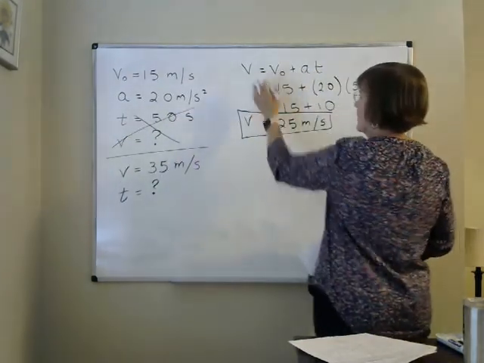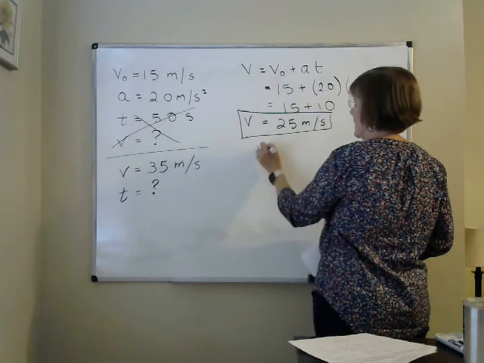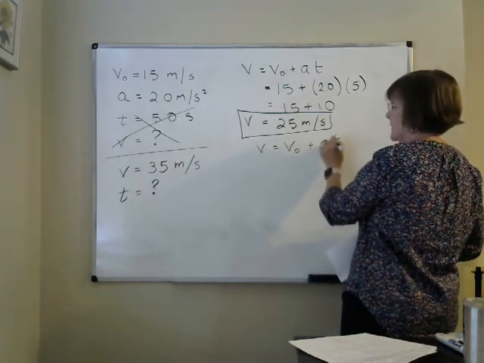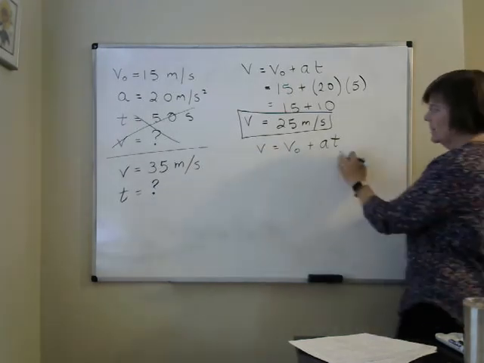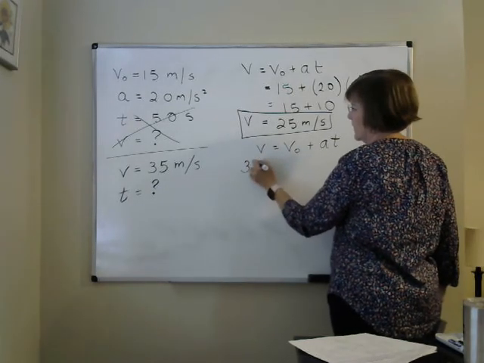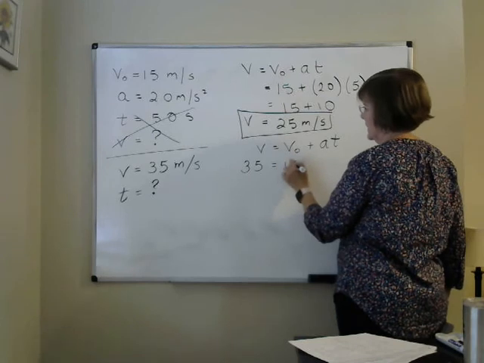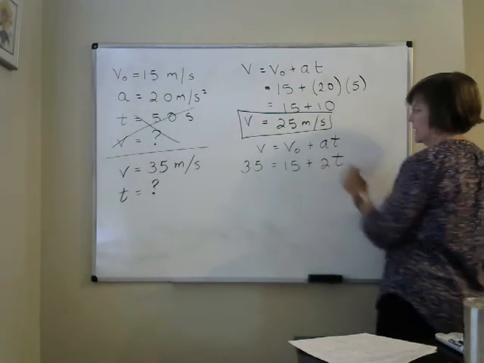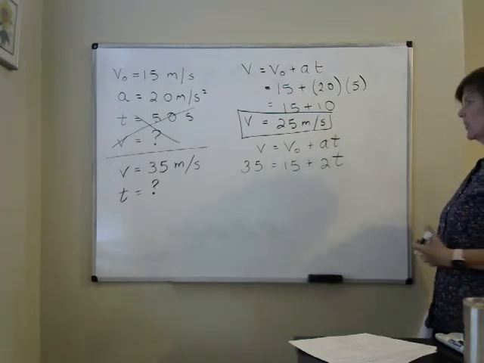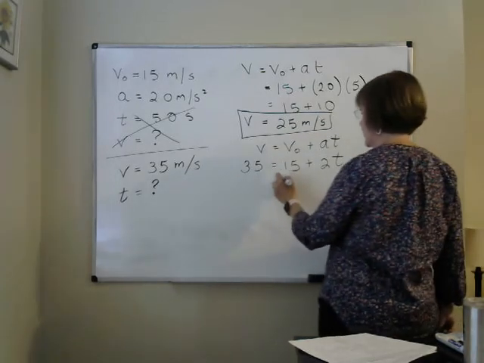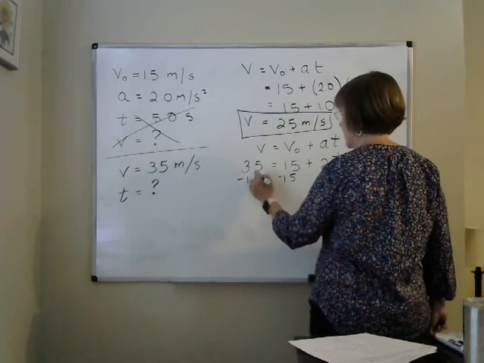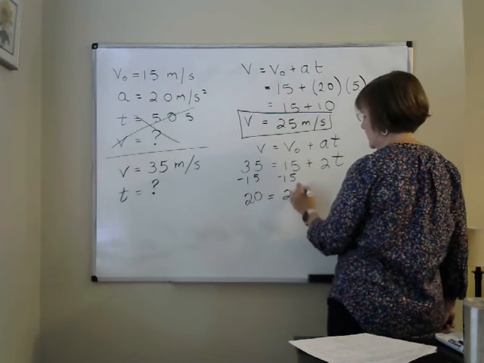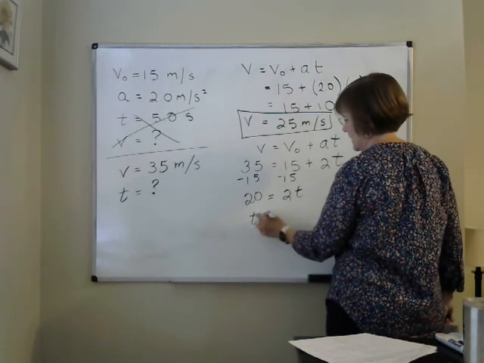Okay. If I use V equals V0 plus AT, and this time I'm trying to solve for time. This is 35 equals 15 plus 2 times T. Takes us back to Algebra 1. I got to subtract 15 from both sides. So 20 equals 2T. T equals